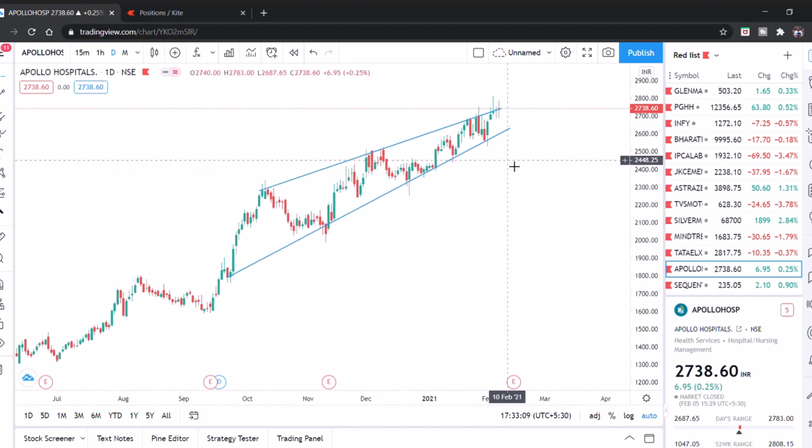Here's another beautiful opportunity. This stock is on the verge of a breakout, so you can set your alert, and also a very important thing is to wait for the candle to close. And since this is a big channel, you need to wait for it to close strong with a big green candle in the daily time frame. If you have a look at the past 2 or 3 days, it has gone up in the first half of the day, but in the second half of the day it has come down. So wait until the closing time, and if at the closing time the candle is still strong, then buy it about 5 or 10 minutes before the